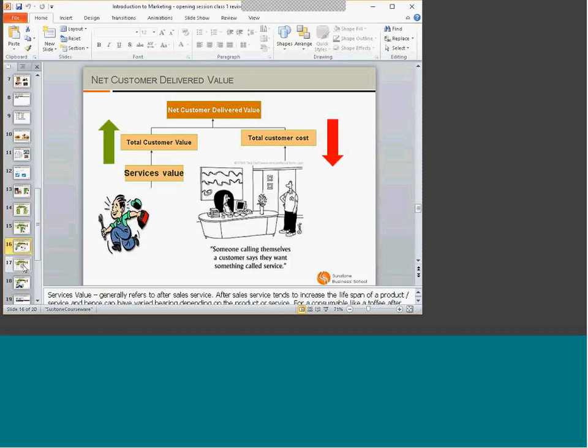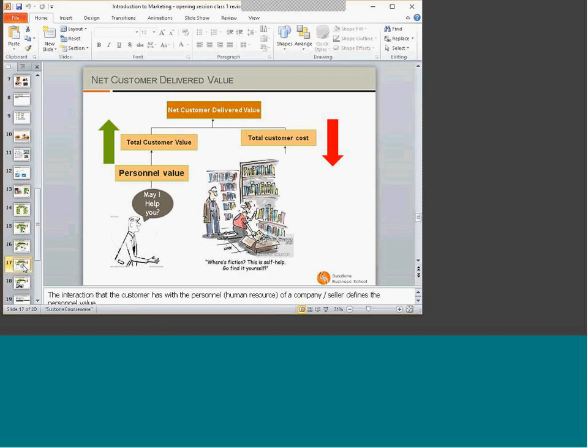This is personnel value. Value is what a customer is willing to give for the interaction with company representatives. So you can take simple examples here, where you find that the call centers are very responsive. You are always willing to pay a little premium over there because you value it.